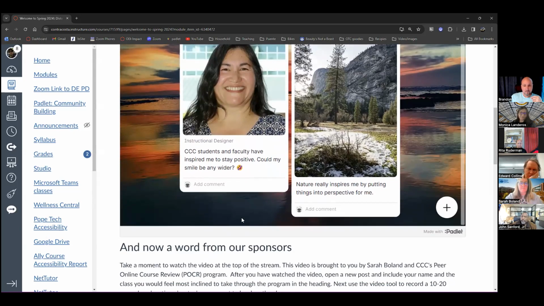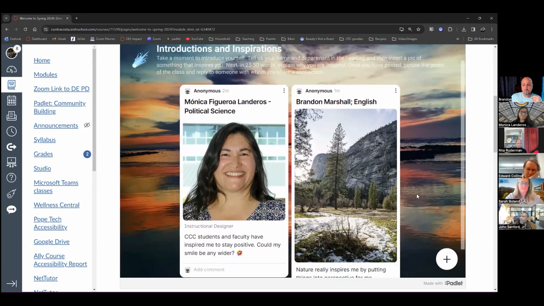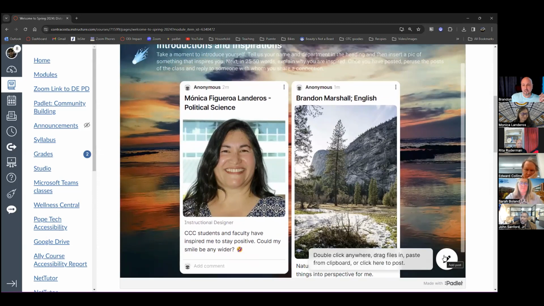Where's the add button? Okay. So you see the giant plus in the bottom right hand corner? Now I do. Yes. So that's it.